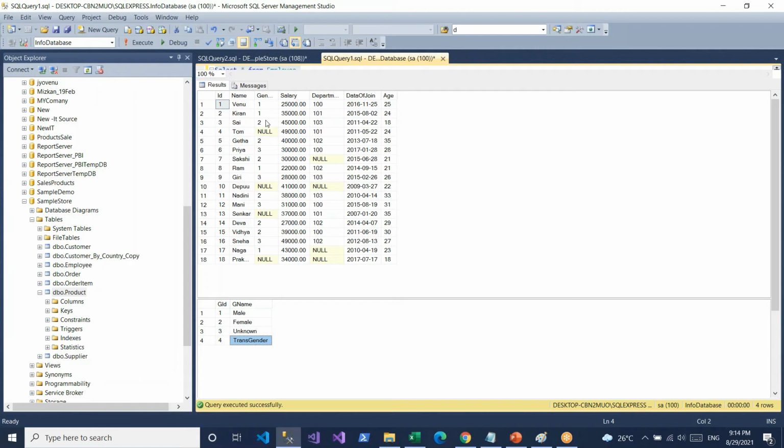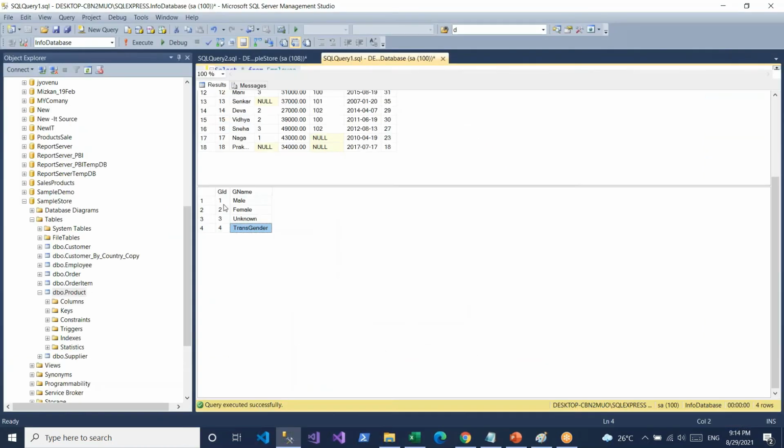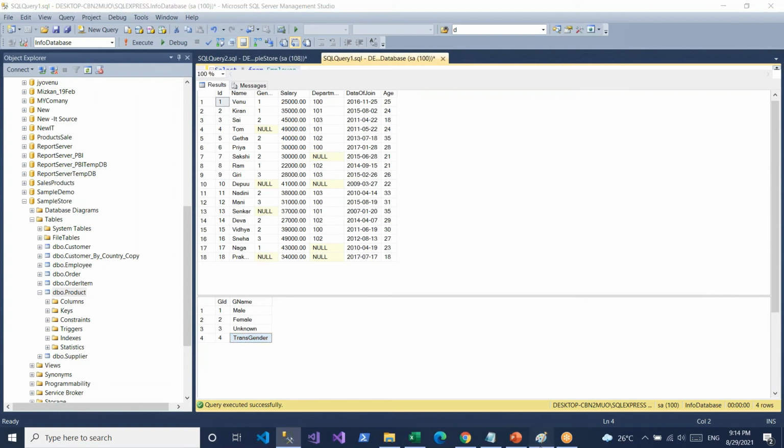This value has no information on the right side, so it is not joined anywhere with the employee table. We make it separate and keep this value, and three records come here because these three records have values 1, 2, 3 with mapped values. That's why we keep these three here.